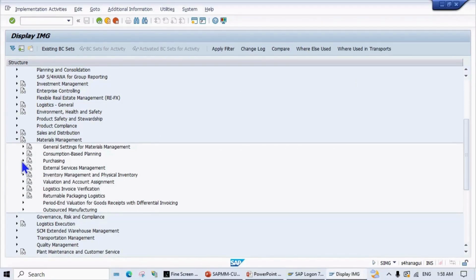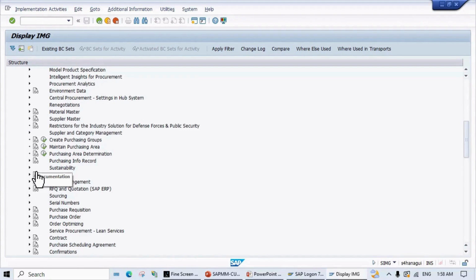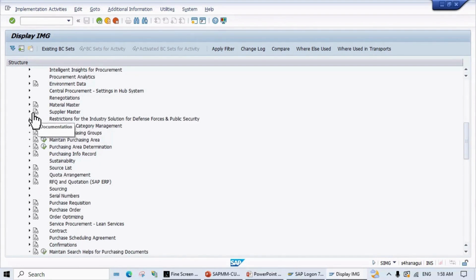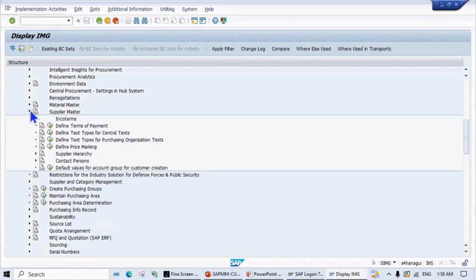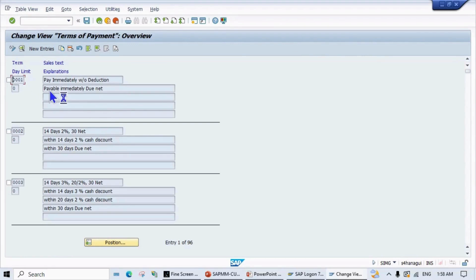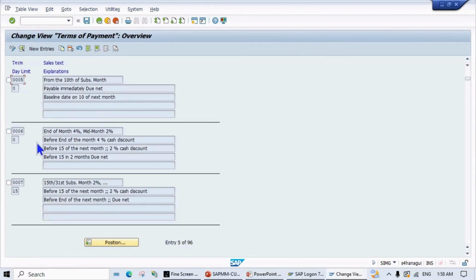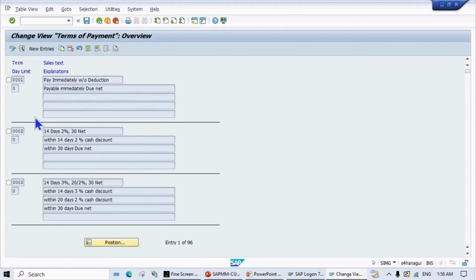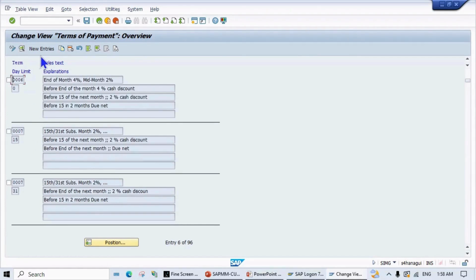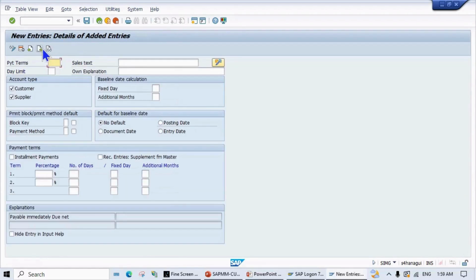Purchasing, supplier master, payment terms, define terms of payment. Here it is. There are already some standard payment terms there. What we will do is create our own payment terms. Click on new entries. For payment terms, we will use our company code MP,